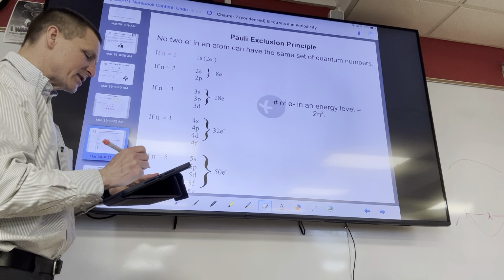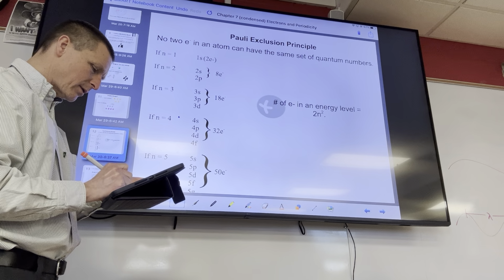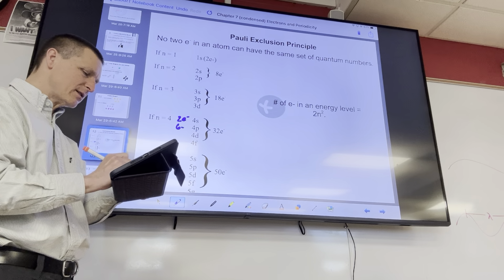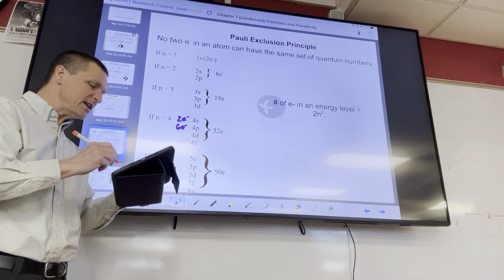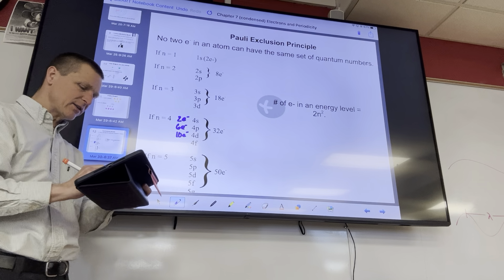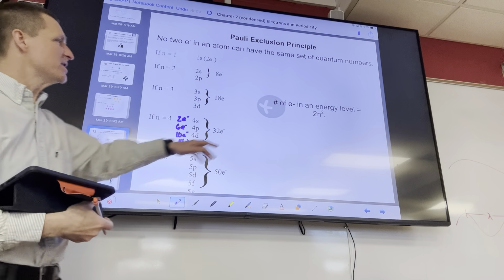The s orbitals always have room for 2 electrons. The p's always have room for 6 electrons. They don't have to have that many, but they have room for that many. The d's always have room for 10 electrons. And then f's have room for 14 electrons. Now, if you add all these up, you'll get 32. But this is just a quick